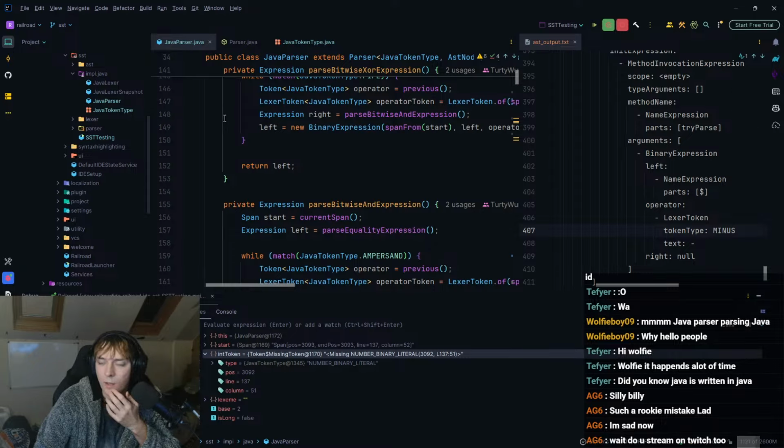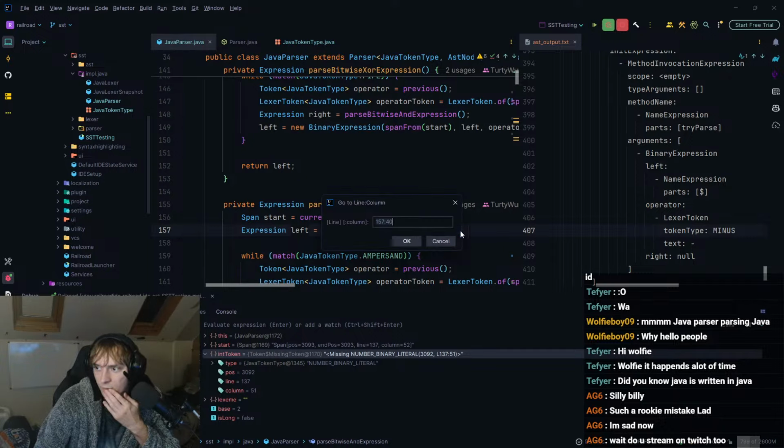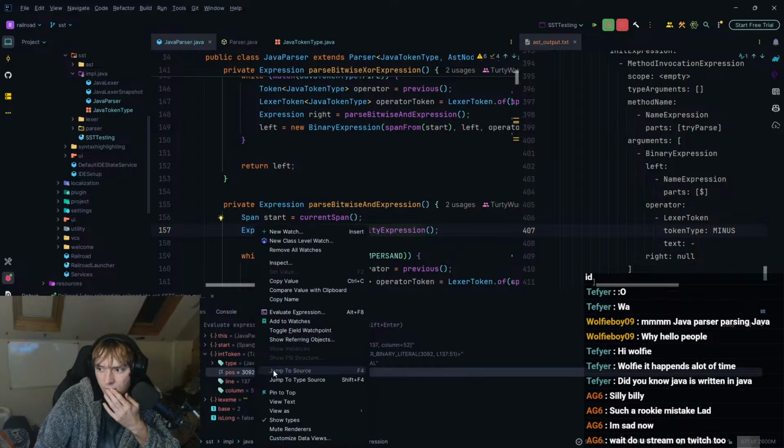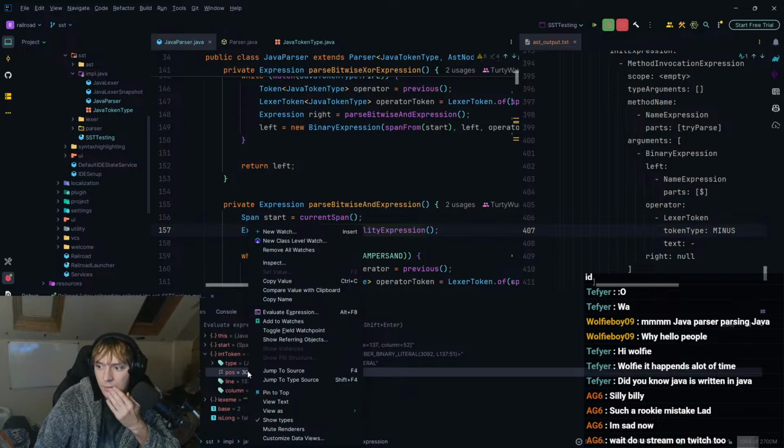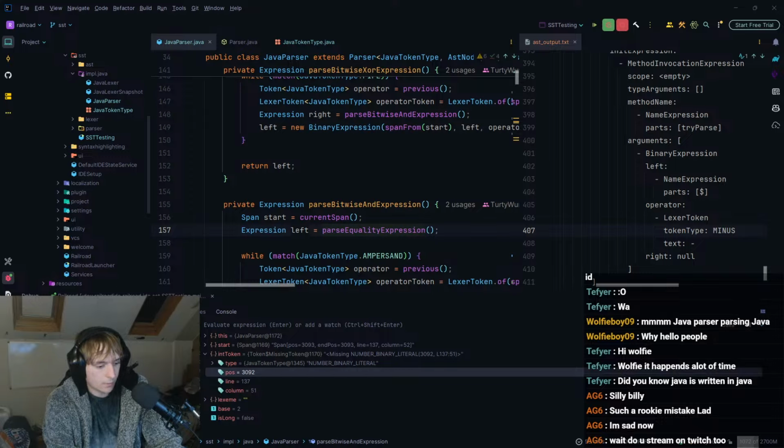I think actually the pos is more reliable than the line and the column number. I'm not 100% sure. I could be wrong. But I think that is the case. I don't know if there's a way to like go to a position or not. I don't think so. Like, what does this do? Not what I want. IntelliJ, go to character position.